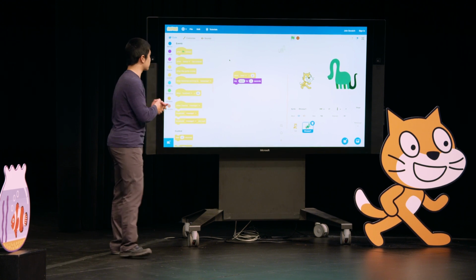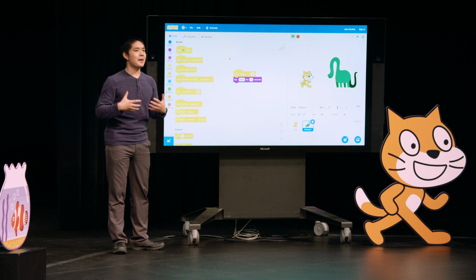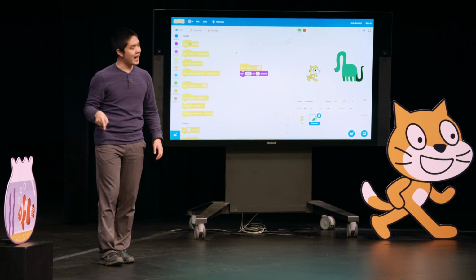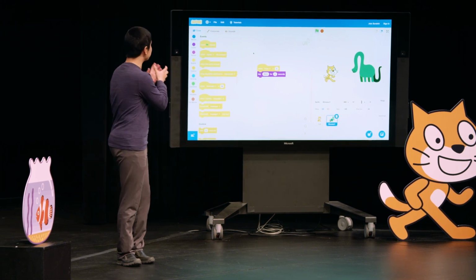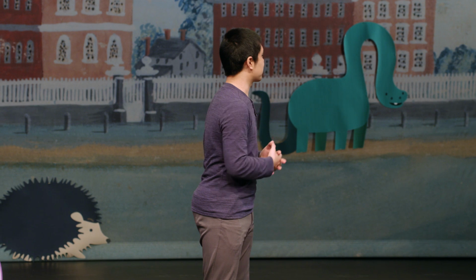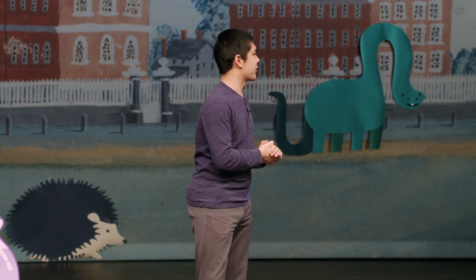But you can hopefully now start to see how these events really start to make our Scratch projects more powerful and more interactive. We no longer need to say, run this block of code now, run that block of code now. We can add events to our project and let our project decide when to run that code, letting it respond to when the project begins, or when we click on something, or when we press a key on the keyboard, or when the loudness changes, or any number of other different types of events that Scratch now gives us the ability to use. And hopefully now, using events, we'll be able to create all the more interesting and interactive